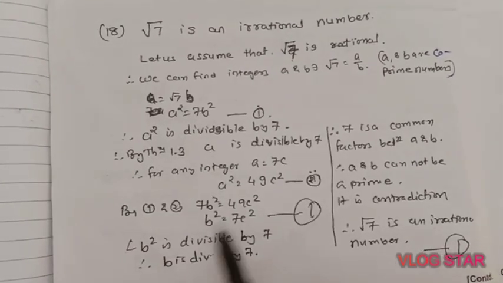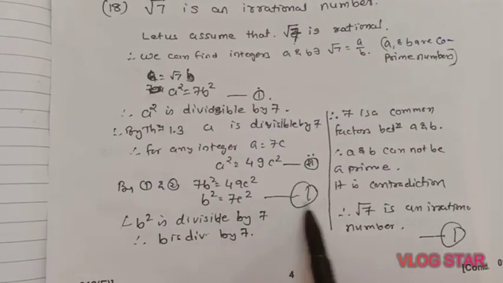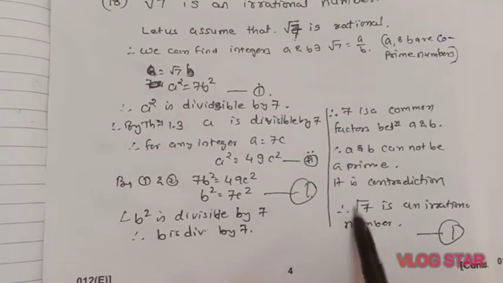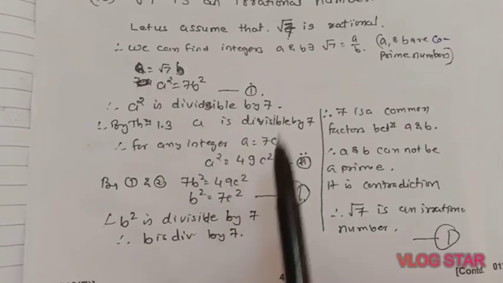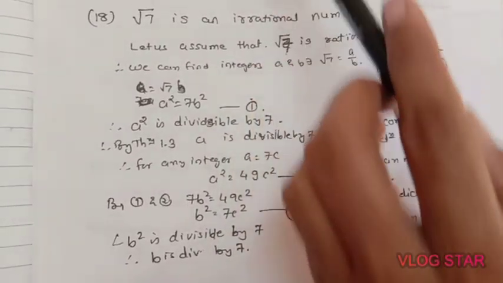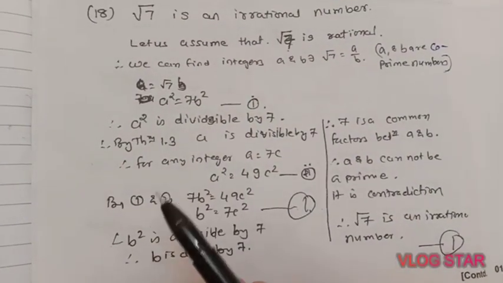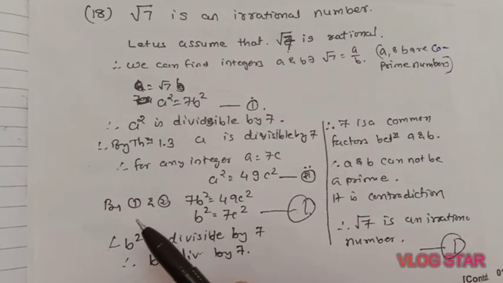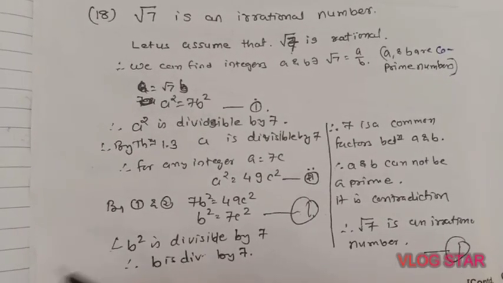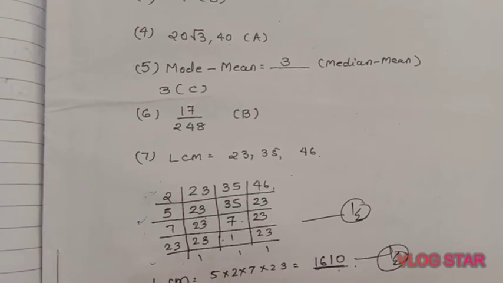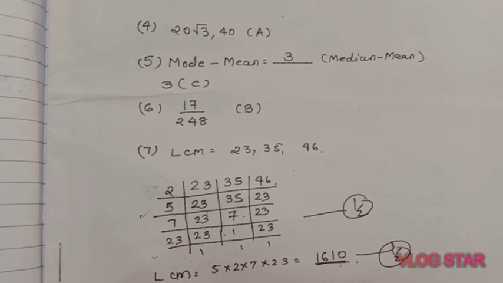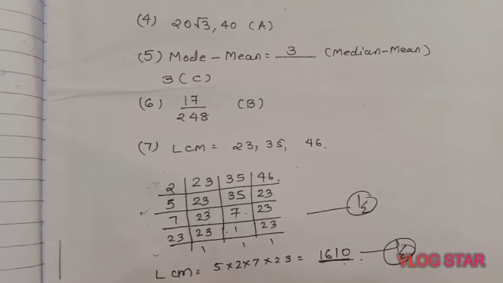Okay. And if you are doing the steps up to this, you are getting 1 mark, and if you are continuing up to this, then another 1 mark. So 1 plus 1, 2 marks. So this question is of 2 marks. And it is asked in section B. So 2 questions of 1 mark and 1 question of 2 marks. So now tomorrow we will start 1.4 and we will discuss that question which was asked in March 2020, that 1 mark question. Thank you.